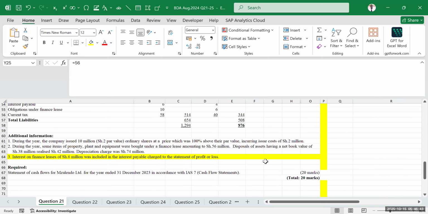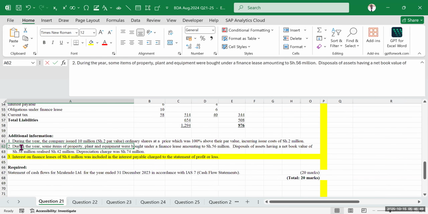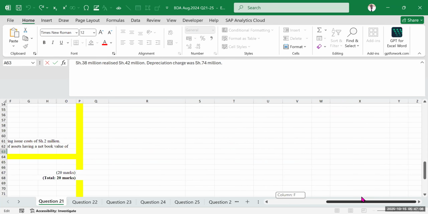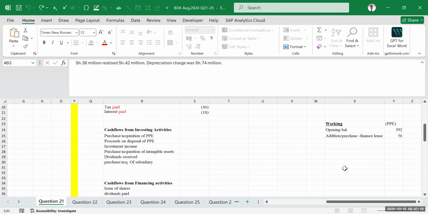And when checking on the movement in the PPE account, we have to effect this net book value, the net book value of the PPE disposed. This 38 million, we'll have to recognize it. Then, is there any other thing affecting PPE from the additional information? I'm not seeing. So first of all, let's recognize that disposal of 38 million. So I will come here and say